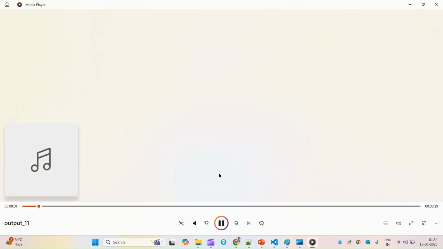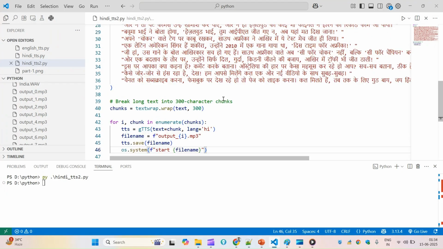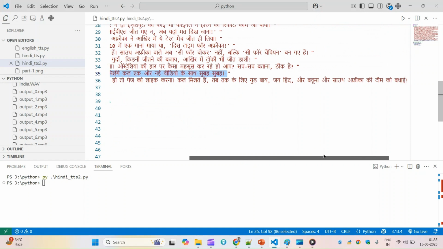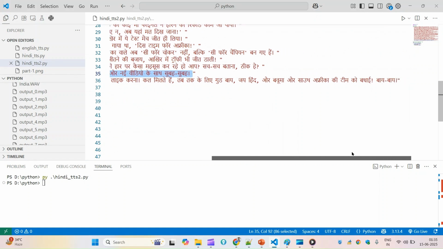हार पर कैसा महसूस कर रहे हो आप? सच सच बताना। ठीक है। कैसे जोर जोर से हंस रहा है। देख हम आपसे मिलेंगे कल एक और नई वीडियो के साथ सुबह सुबह। चैनल को सब्सक्राइब करना। फेसबुक पर देख रहे हो तो पेज को लाइक करना। कल मिलते हैं। तब तक के लिए गुड बाय। जय हिंद और बवूमा और साउथ अफ्रीका की टीम को बधाई।